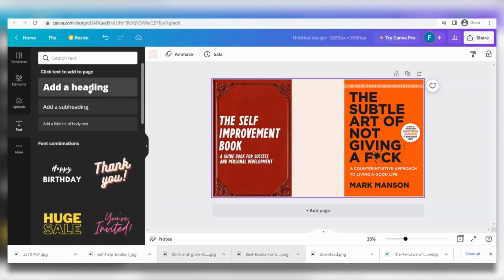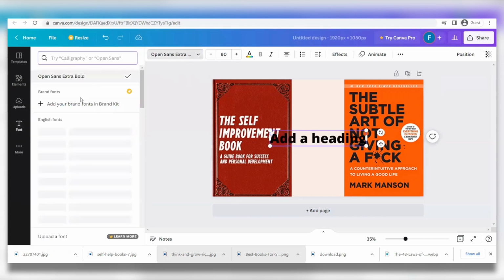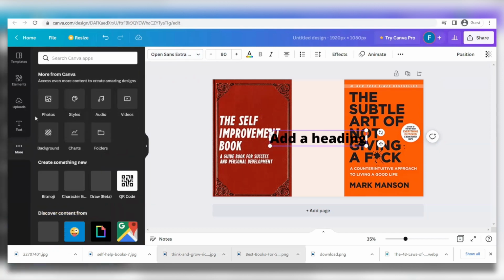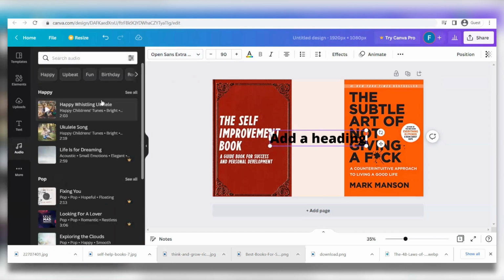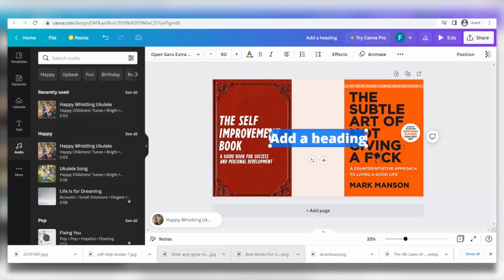So let's continue. As soon as you're done editing the video, you can also add audio here. Now, by the way, you can choose to add your own voiceover, or you can just add copyright-free background music, which is available as well on Canva. You can click on share, you click on download, and you're going to have a full video that you can upload on YouTube, and you can get free traffic from,